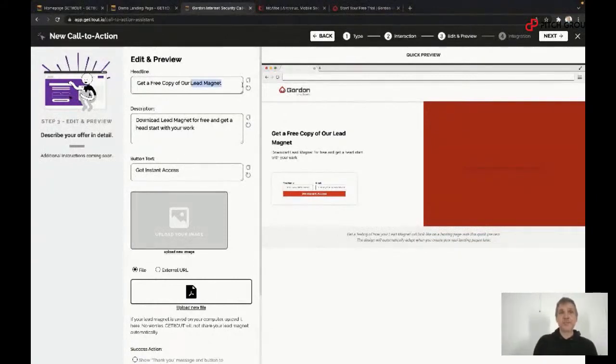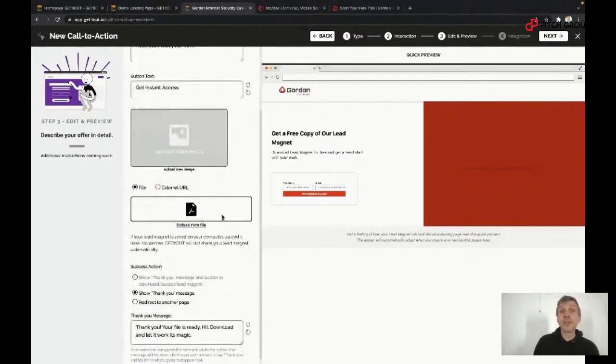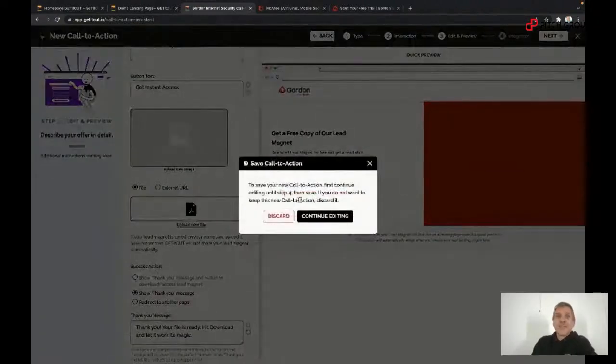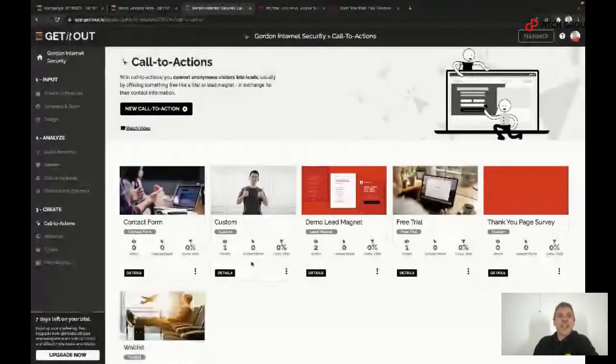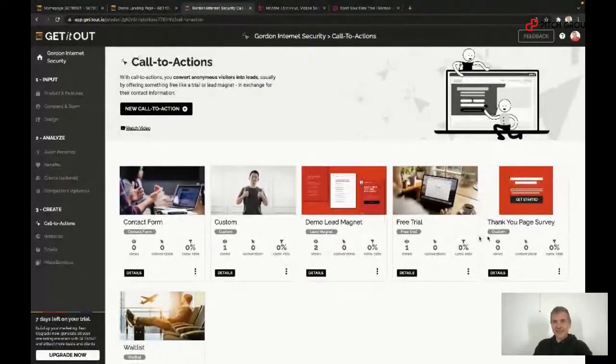So you just adapt them a little, telling us which lead magnet you're actually offering, uploading an image of your lead magnet, uploading your lead magnet itself. You can upload the file. On the thank you message, we can actually download, a million things you can do there. I'm going to skip that because I don't want to bore you, because now we will take the call to action that we had just created, right? Here, the thank you page survey,